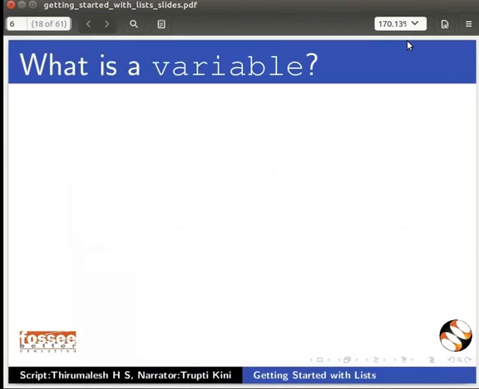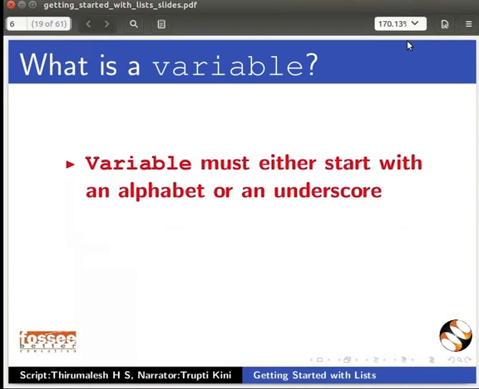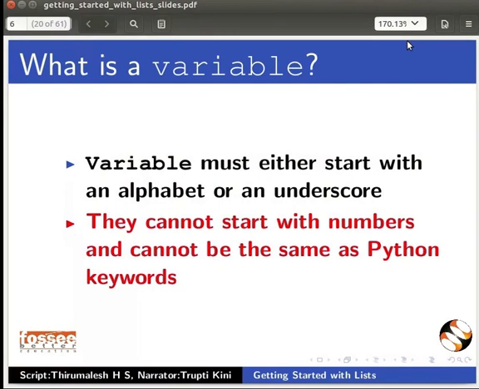In the code typed earlier, the name mylist is a variable. In Python, a variable must either start with an alphabet or an underscore. They cannot start with numbers and cannot be the same as Python keywords. You will learn about keywords as we proceed.